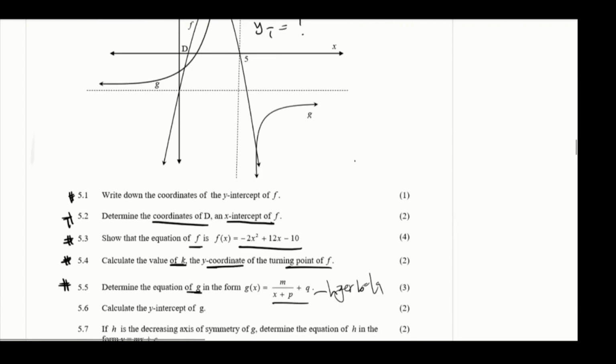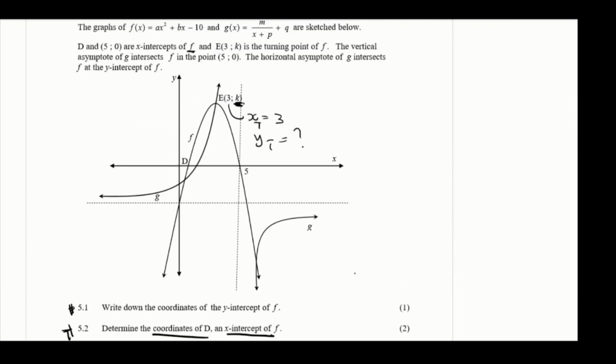So let's have a look at the information that we have for this hyperbola here. What we need to note is that this hyperbola intersects the graph of f at the turning point and at this point here. So we already know that a point of this hyperbola is (3, 8), since we found that the k value is equal to 8 in the initial question. So we have the point for the hyperbola, and what we need to note is that